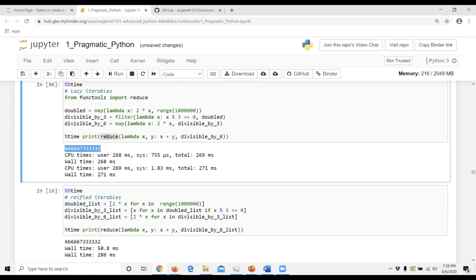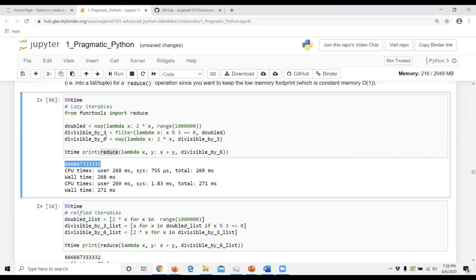So reduce is non-lazy. It will actually consume runtime. It will also consume a bit of RAM. It should consume fairly constant-time memory because it's iterating over the elements of the object you already have here. If this thing is like a list already, then this takes a lot of RAM, but the reduce doesn't. It's just iterating over it. If this is a generator, then reduce also doesn't take a lot of RAM, just constant RAM, because it's looking at the current element and the next element.